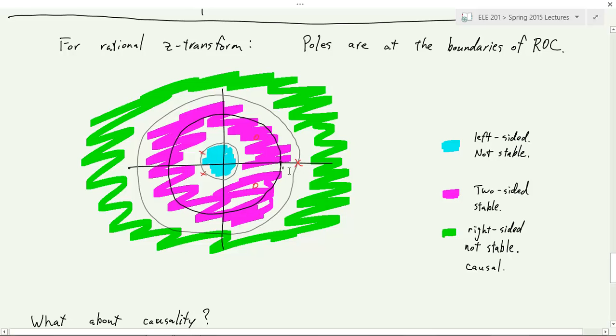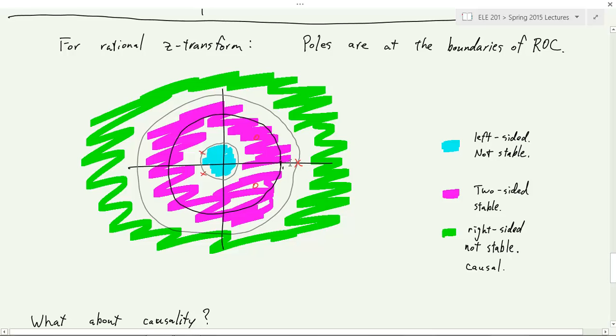So think of this as something sort of like sinc. It's two-sided. It goes on in both directions, but it doesn't grow. It shrinks. In fact, we know for this signal it's actually going to shrink much faster than sinc does. It's going to exponentially decay in both directions. And we know that because this region of convergence is not just the unit circle. It's outside the unit circle. That means you could even multiply it by, for example, a growing exponential function, and it would still converge